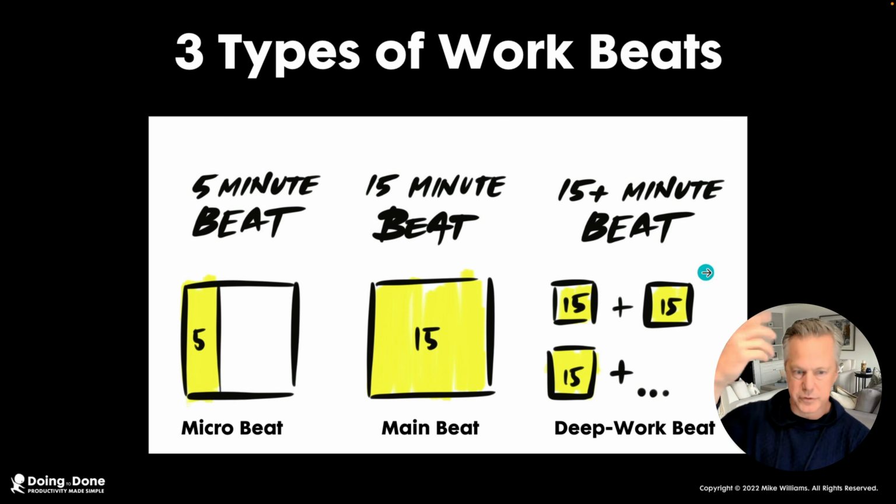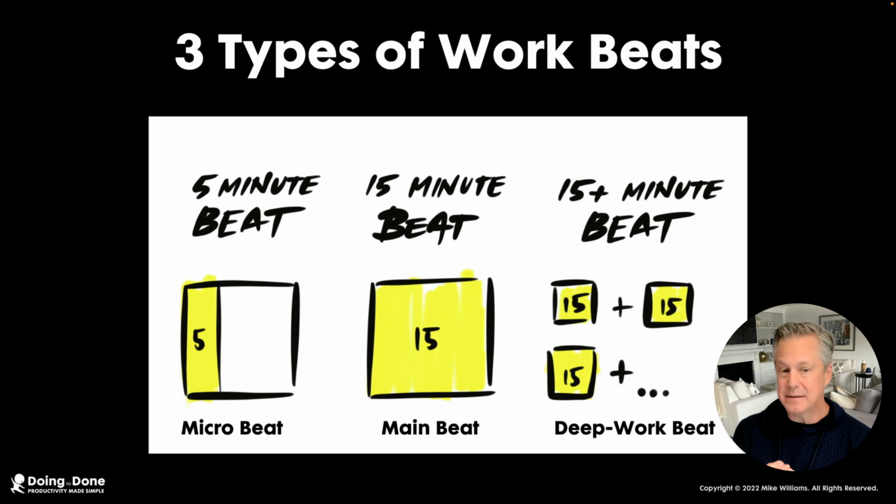Now, as I trained thousands of people, I noticed a pattern. I noticed a pattern of 3 different kinds of beats that are generally out there. There's a micro beat, so I would consider that anything like 5 minutes or less. As you know, there are a lot of things you can move forward in your life that don't take a lot of time. They just need one action to move it forward. So a micro beat, small, tiny, focused, boom, can move a lot of really good work forward.